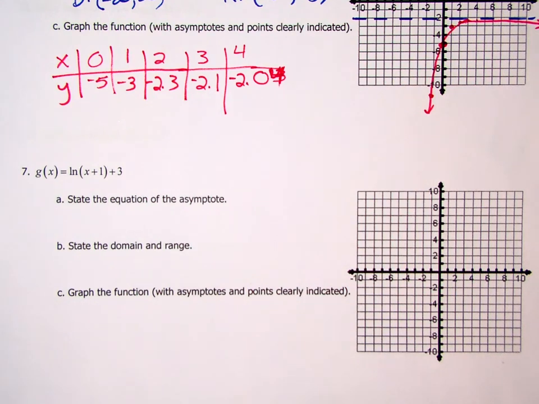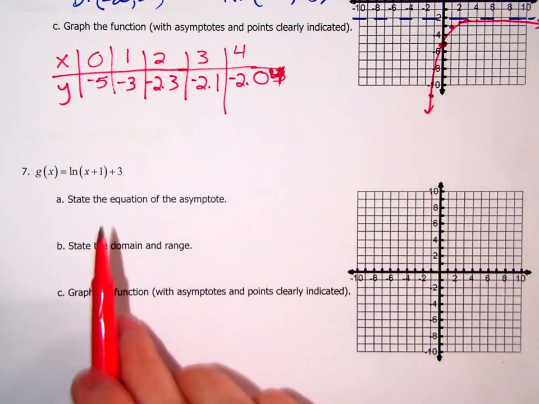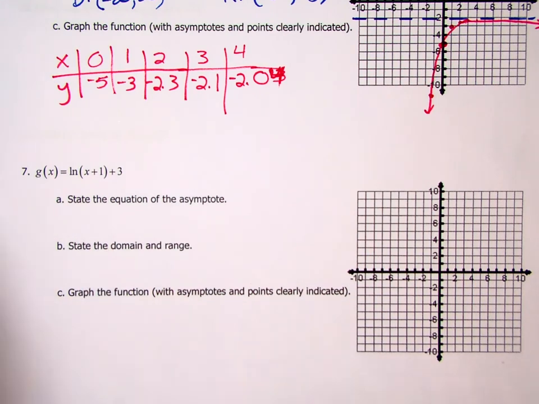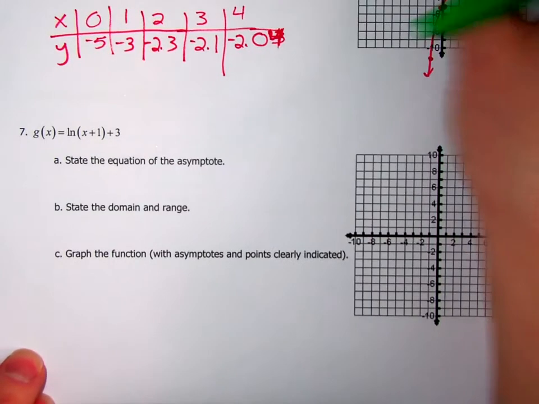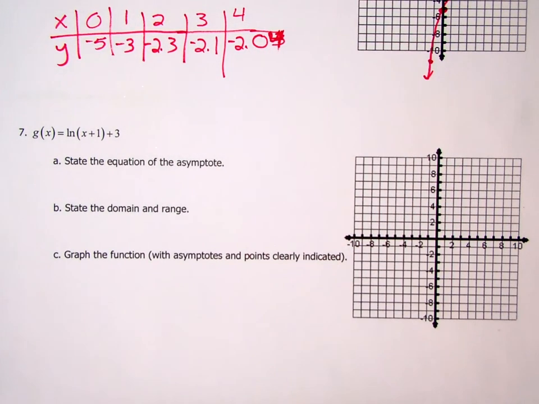All right, so this is a continuation of that quiz 1 review video for this chapter. And the next one is a graph again. So we're going to need to go ahead and start graphing it once we identify our asymptotes and domain. All right, so just like with exponential,